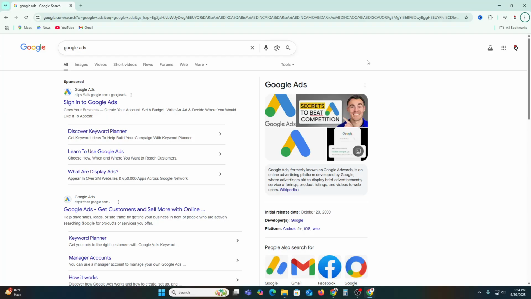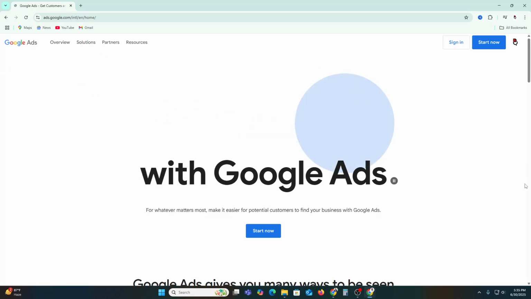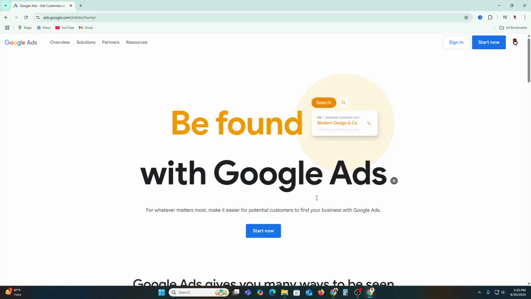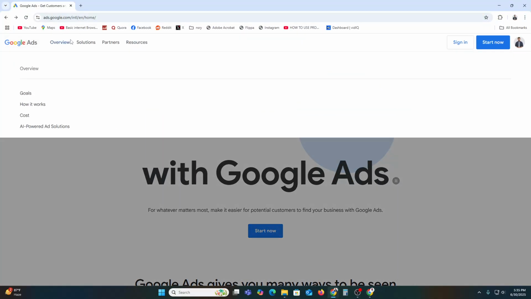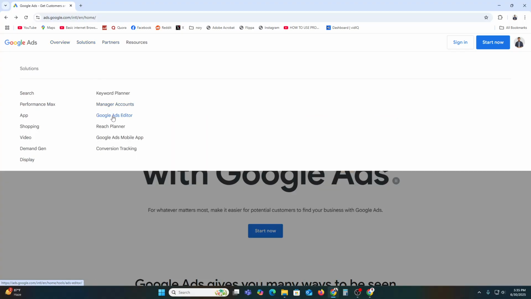So first of all, you just need to visit Google Ads. Here you can see we have this link, ads.google.com. Just go over here. Once you go over here, the interface will come up on your page. So this is the interface. Here you will find the overview, then the solutions. In the solutions you will find Google Ads Editor, Google Ads mobile app, conversion tracking, manage the accounts and